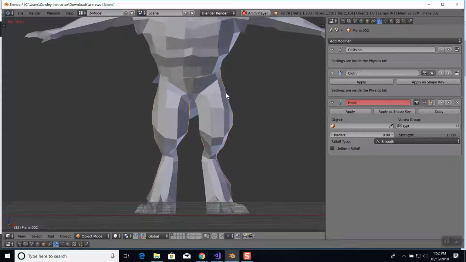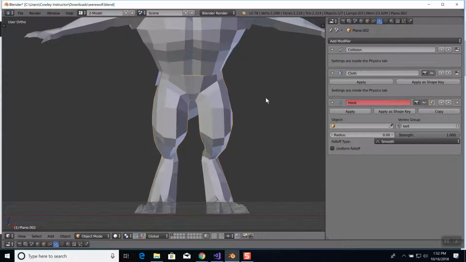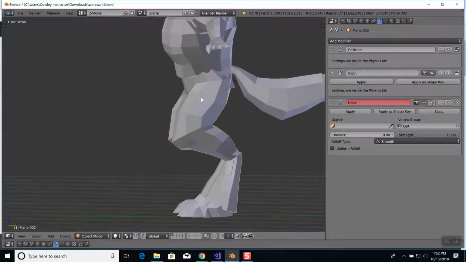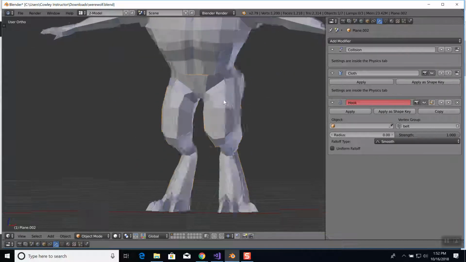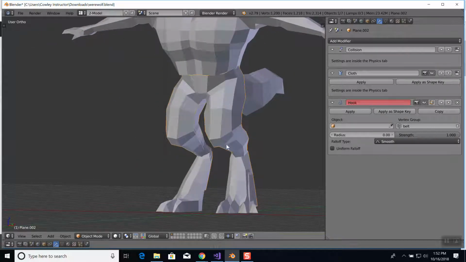Now if I do Alt A, it doesn't change anything because our pants weren't dropping down anyway. But in theory, if you do your modeling and so forth, then that'll keep them up anyway. Now, I just did a very simple scale to change the size of that. There's also